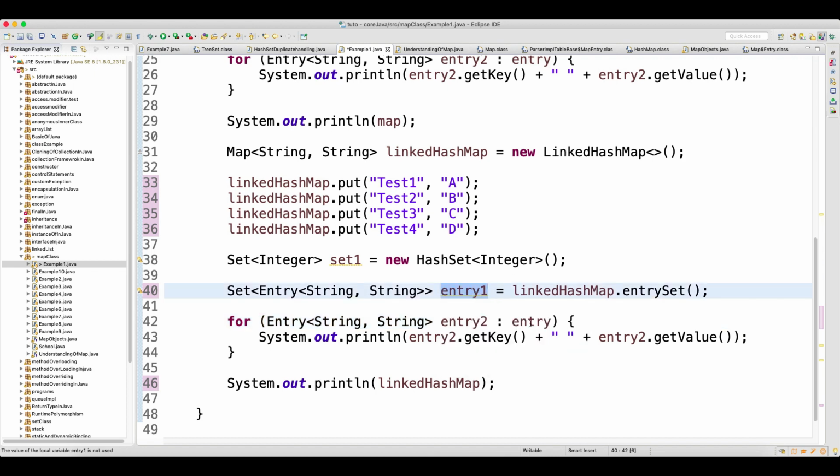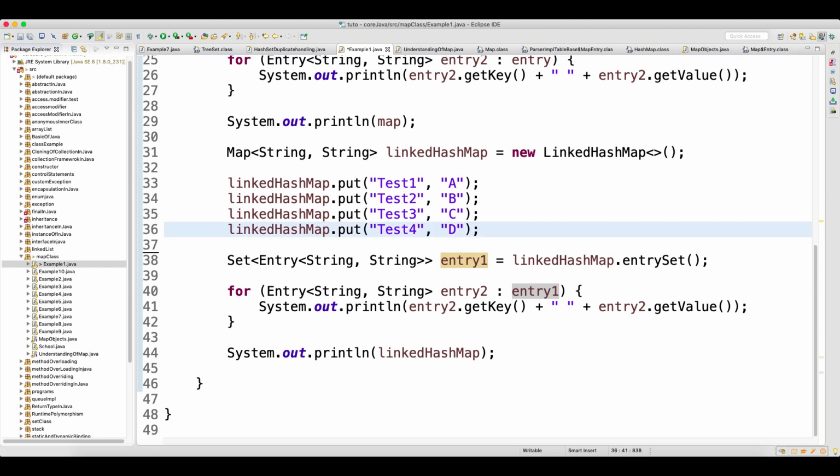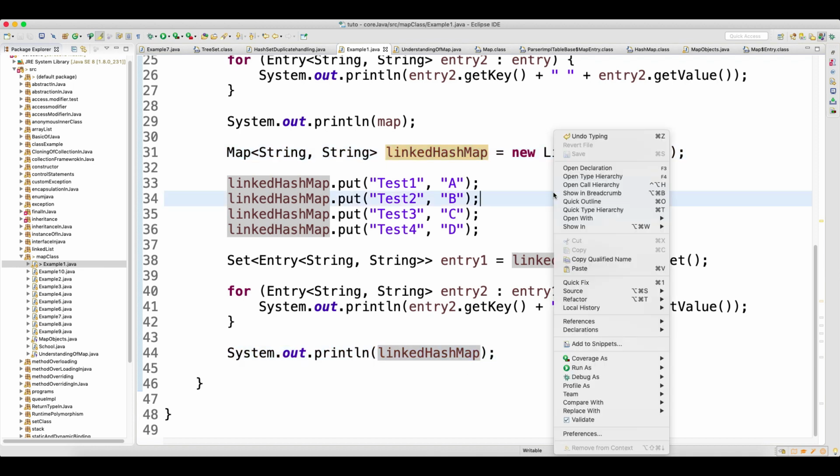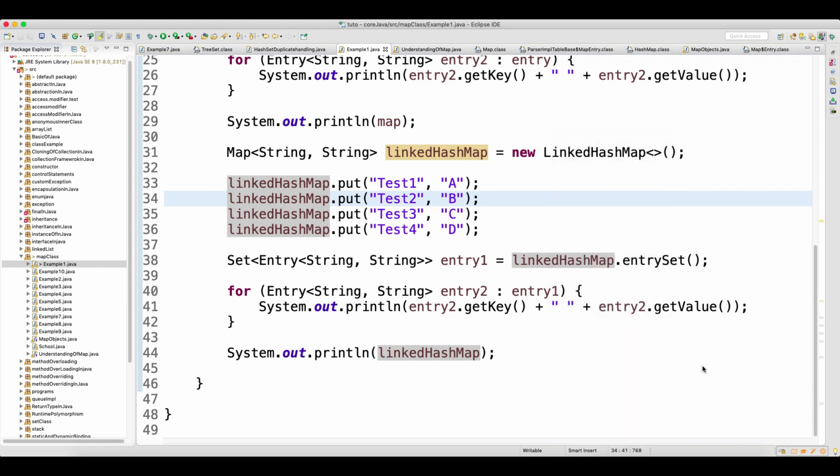This is entry 1, right? Clear? So now you are getting the object of linked hash map and adding the same data. You call the entry set, print the key value, and finally print the linked hash map also. Now run that and see the output.